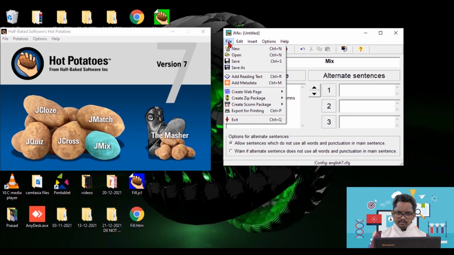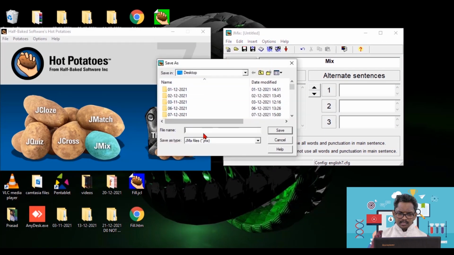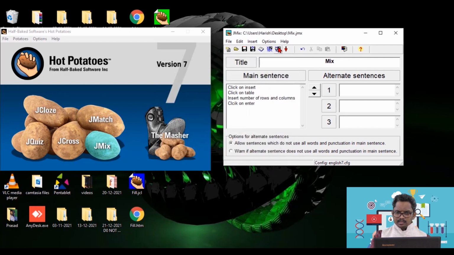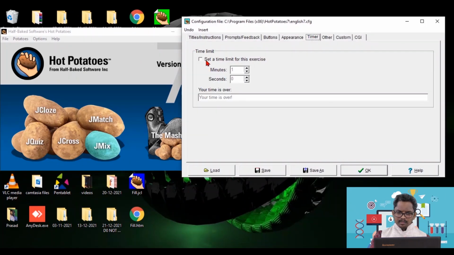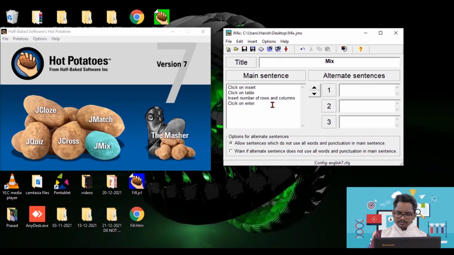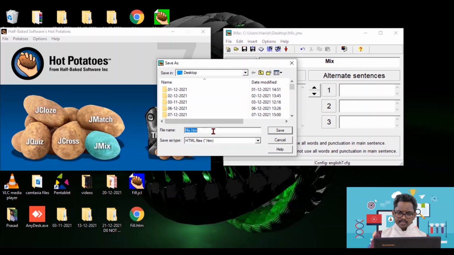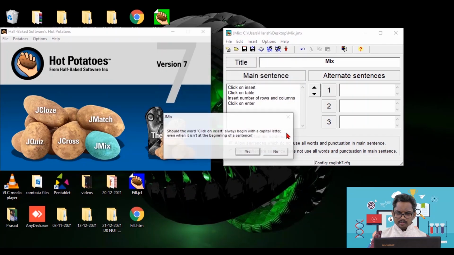What I'll do, I'll save this file first. Desktop, mix, save. Then I'll come to configure output, timer. Okay. Then I'll click on this to see the web version. I'll click on save. Should the word click on insert always begin with a capital letter,